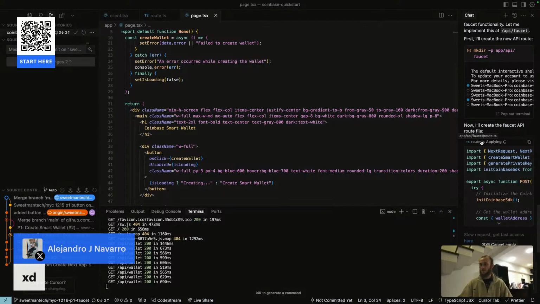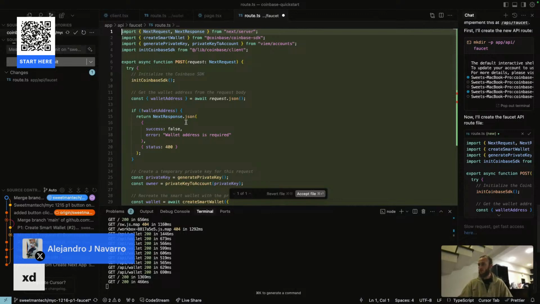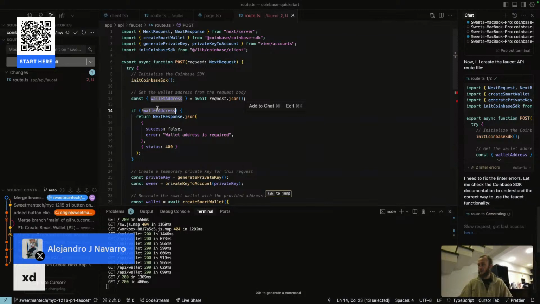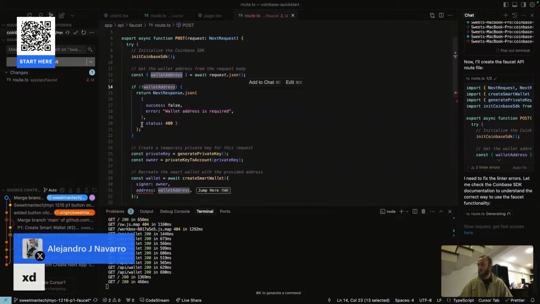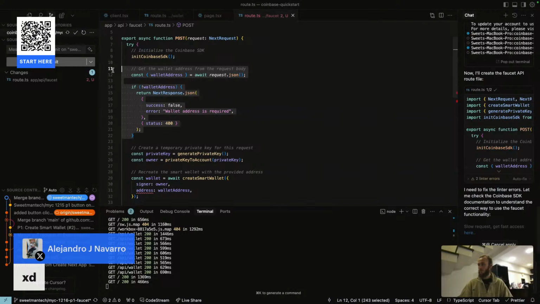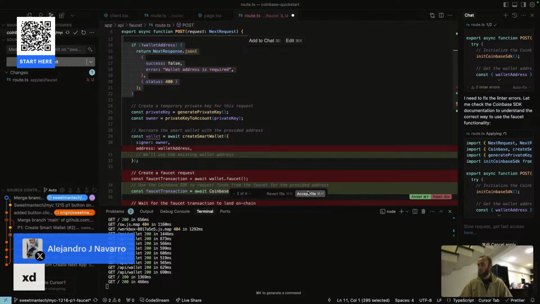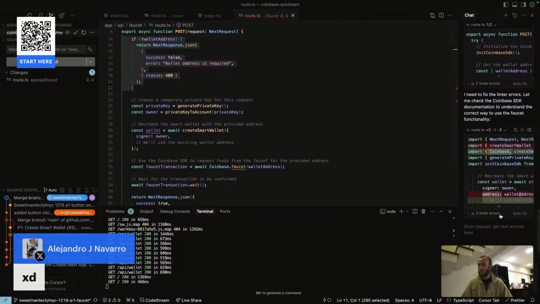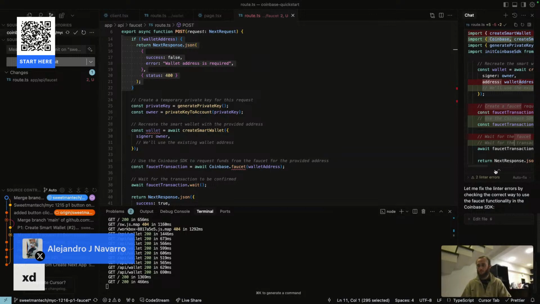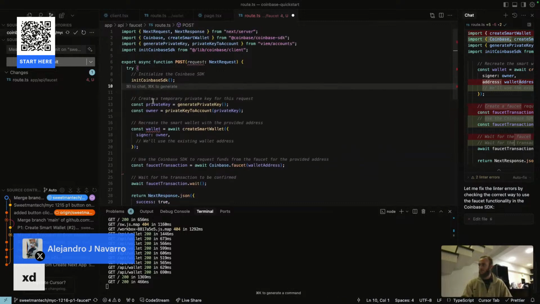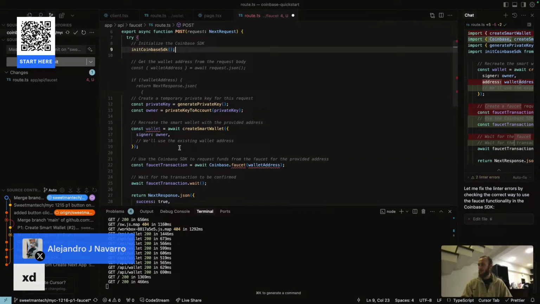And it's already creating the API endpoint. Looks like it already knew to use the init Coinbase SDK. The wallet address is not going to matter. So this doesn't matter. I'm just going to stop it. It seems like it's going off the rails a little bit. And let me see if I can take it from here. So we don't care about a wallet address being passed in. That's not important. What we do need is